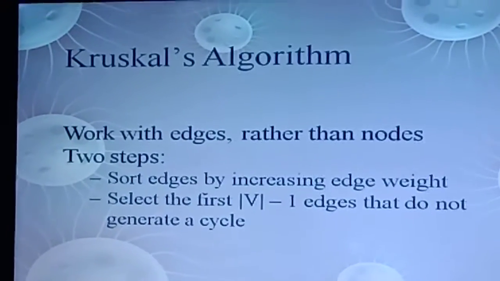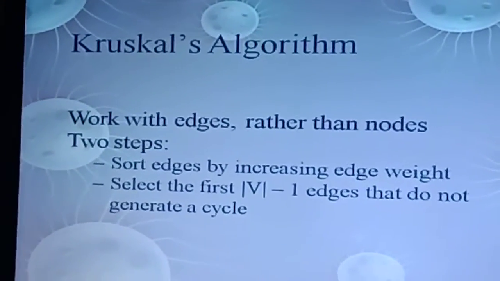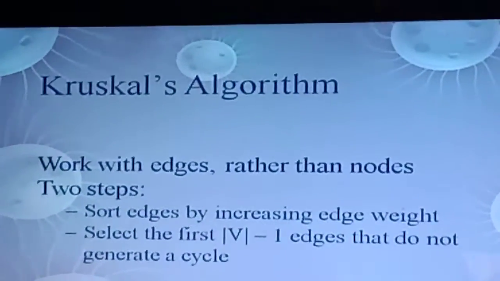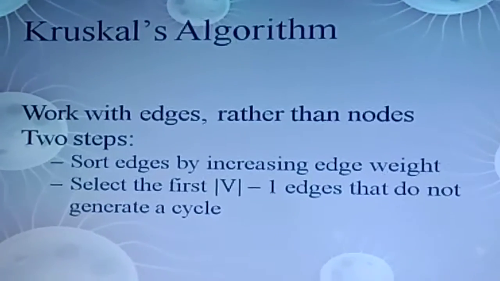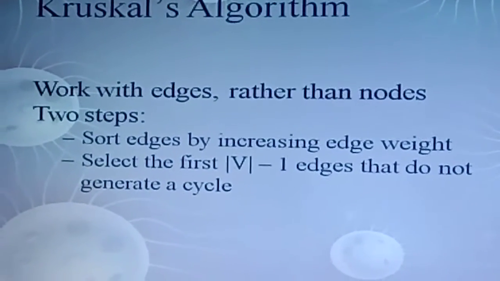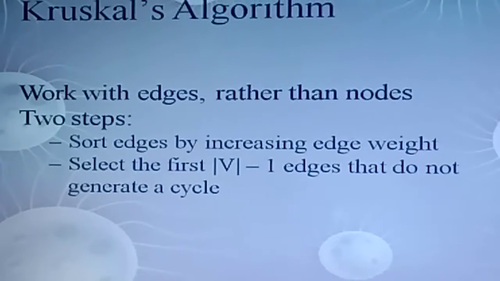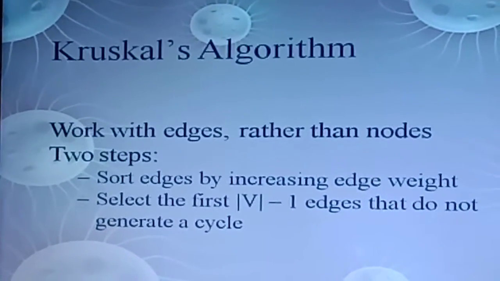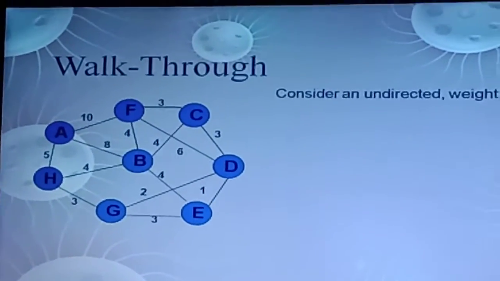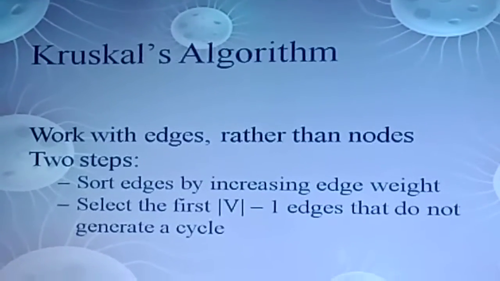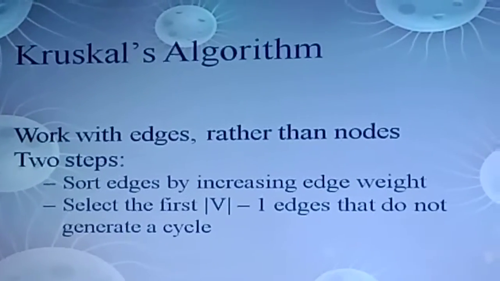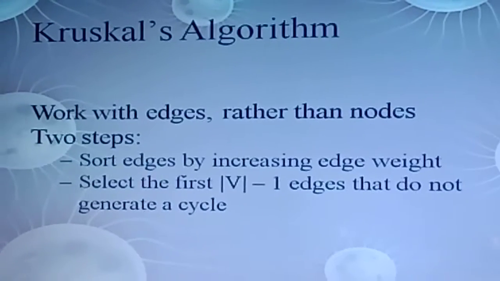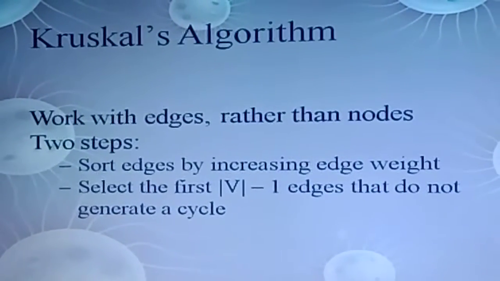Next, coming to the Kruskal algorithm. Kruskal algorithm and Prim's algorithm are both the same, except in Kruskal algorithm we are sorting the edges by increasing edge weight and selecting the first edge which does not generate a cycle. So we can take the same graph, because if we take the same graph, then only we can check the differences of the two algorithms. How can we process and how can we construct the table?